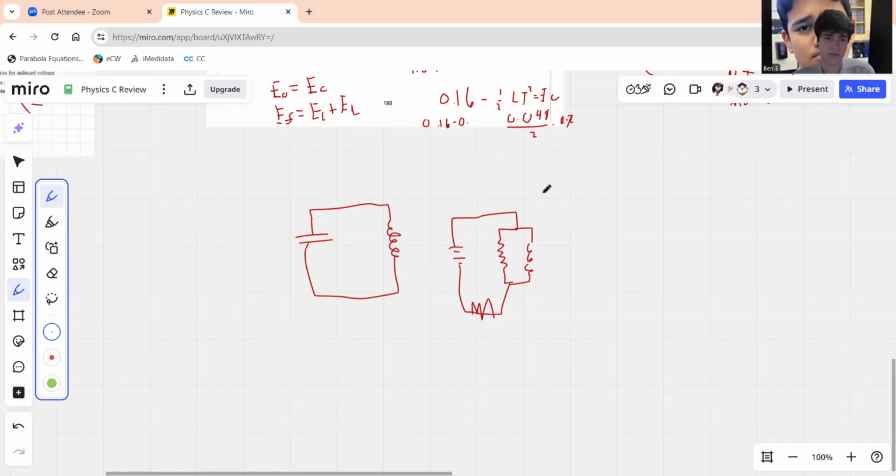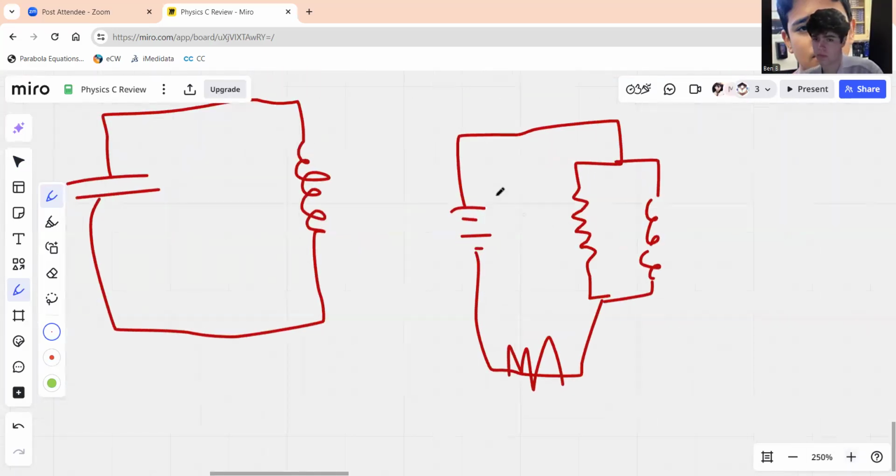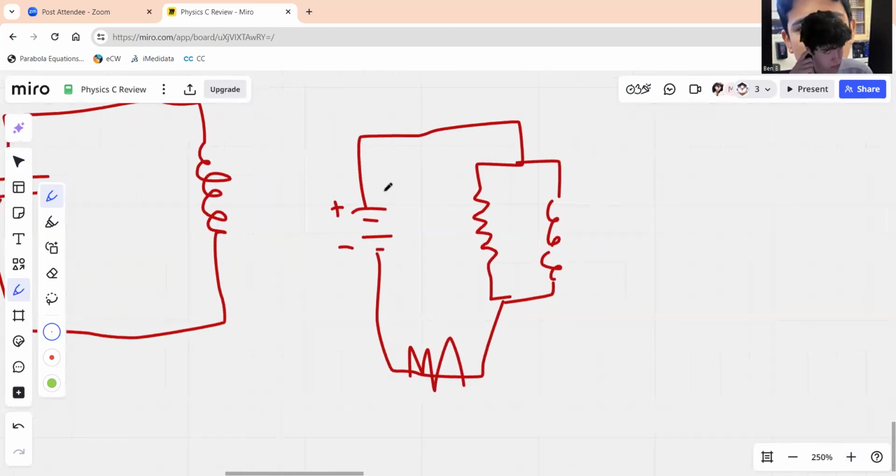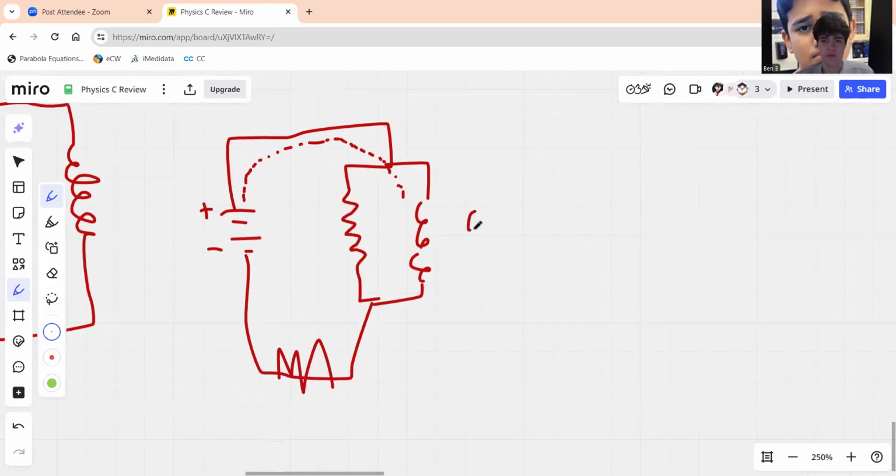And so the main difference here is there's a constant power source. We have our battery here. So here there's a constant, the reason there's a differential equation is because this E is equal to,